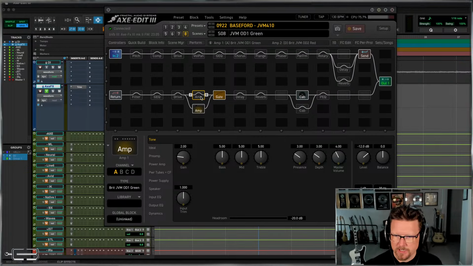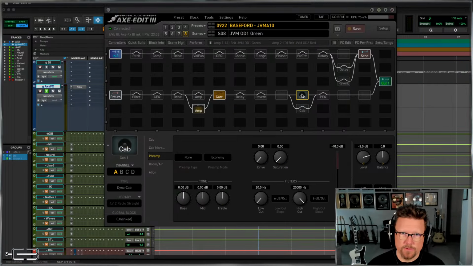We've made the duplicate of the green. You could even duplicate the red and make one like a lead. Obviously, everything's just stock settings, so it's not necessarily sounding that great yet. But then the thing that I would do next, once I have my gain profiles set up, I'd go and start